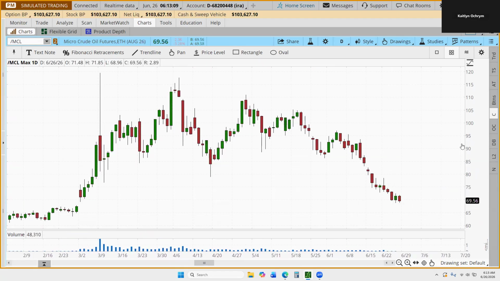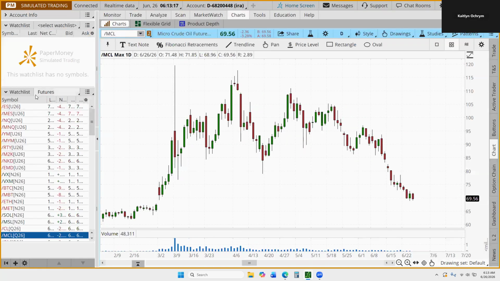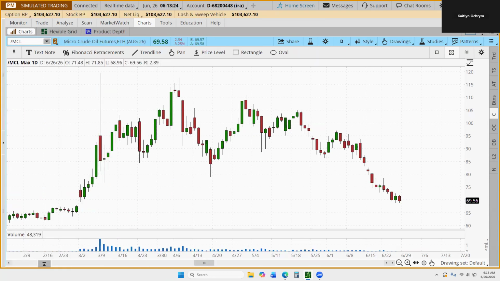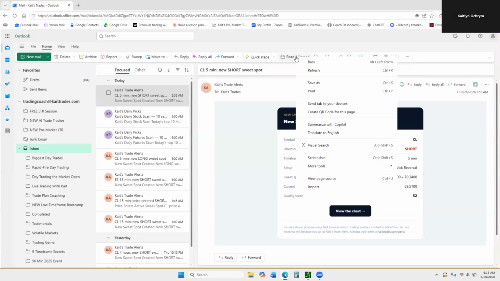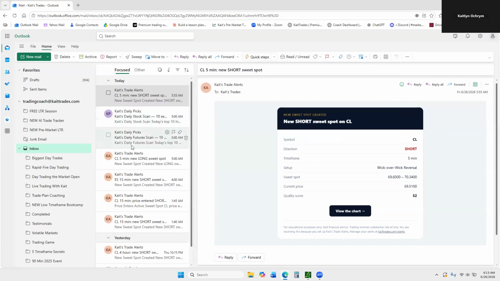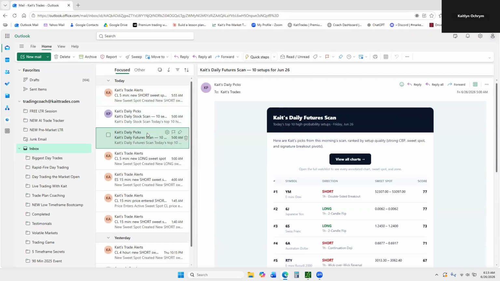So we're coming down. If you're not sure and you have a pre-market routine that's a little fuzzy, you're not sure where to start, maybe like I see a lot of students, we bring up a big watch list, or maybe it's small and we kind of just scan through them, but we don't really know what to look for. A good starting point is going to be your daily futures picks or daily stock picks. There's also daily Forex picks, but that's where each day now at 8 a.m. Eastern on the dot, you're going to get an email for one or the other,